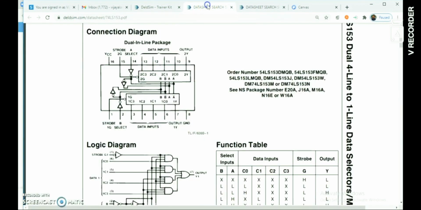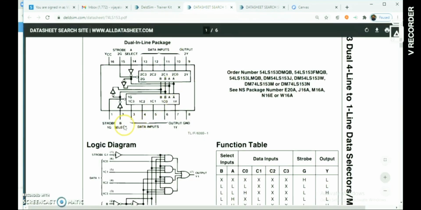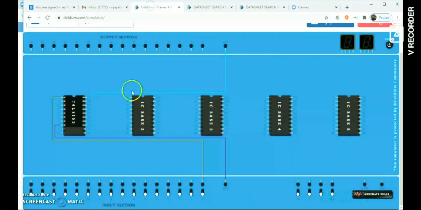Now we'll check for the data inputs. Pins number 2 and 14 are the select inputs. We need to connect these two pins to the select lines, so let's make this connection: pin number 2 to any of the inputs, and similarly pin number 14.